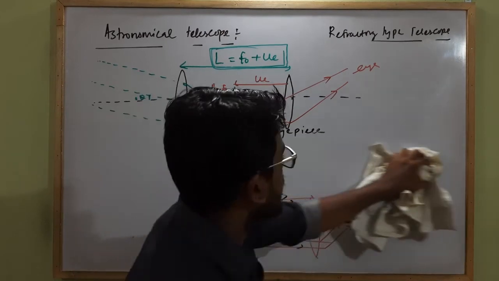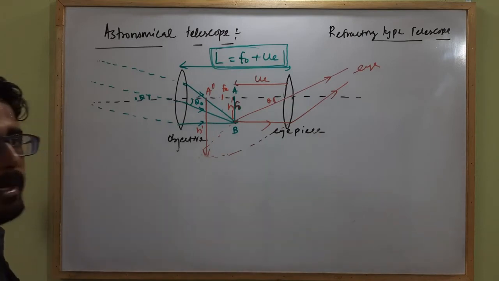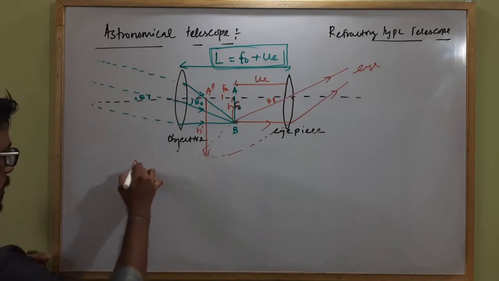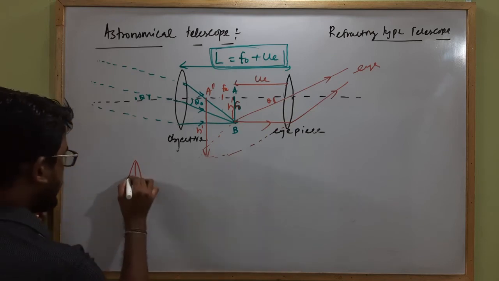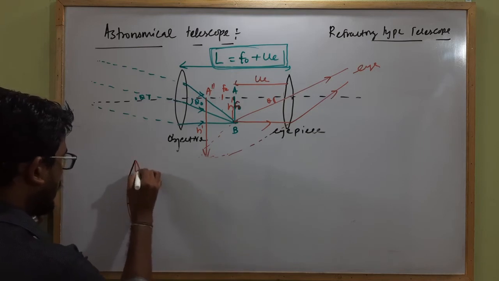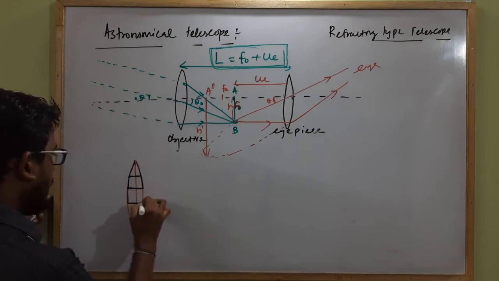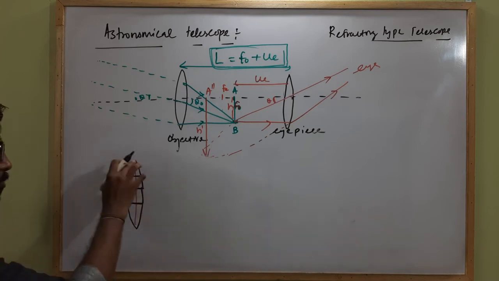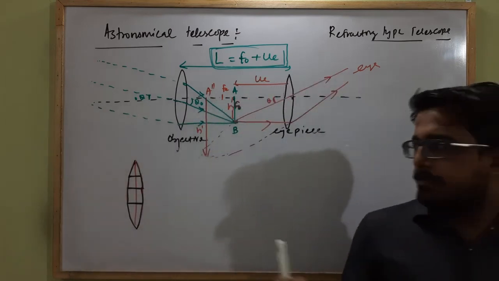as the objective is of a very large aperture, and we know a lens can also behave as a combination of prisms. So if the objective is of very large aperture, it can be made up of a large number of prisms like this. So each one is a prism. We already know that a lens, or any two refracting surfaces which are inclined with each other, can act as a prism. So a very large aperture lens can also act as a combination of prisms. So due to the combination of prisms, we already know by the concept of dispersion, the